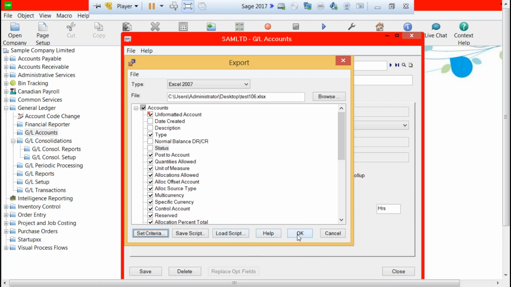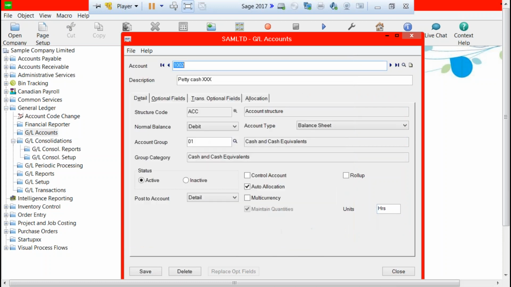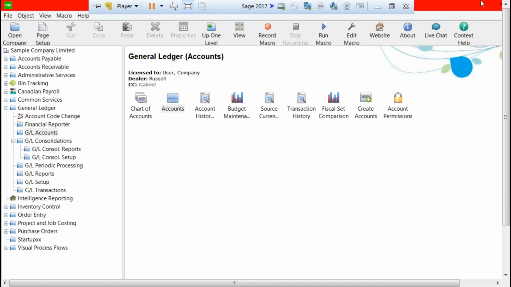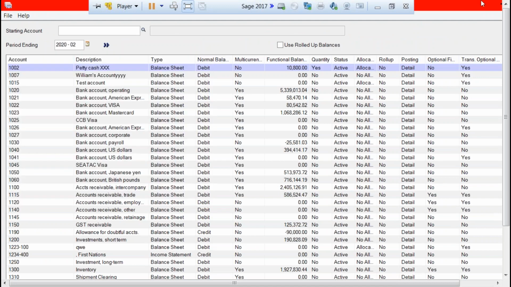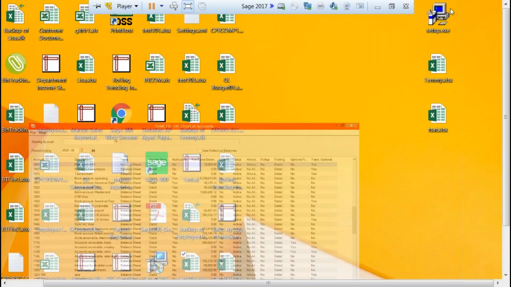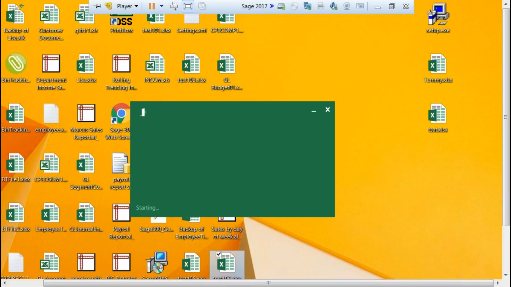Okay, so now if I click on OK, it will throw that file onto my desktop and I will see those things exported. So it will also give you the template. So if I were to minimize the screen quickly, let's go up here, minimize this. And then let's say I look for that file, which is down here. I know I have lots of things on the screen, don't I? So here, when I open up that file,